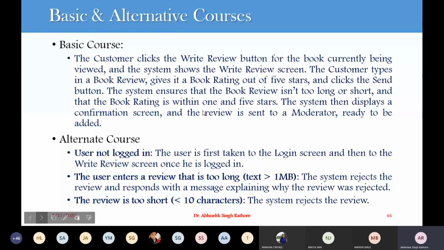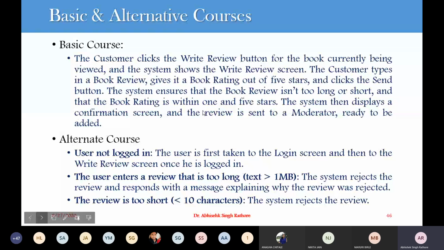So when we are developing a sequence diagram, a sequence diagram is generally developed from these basic flows, basic course or basic flow of events. So we can say that a customer clicks on the write review button. So we are having some class that generates a write review screen. Then the customer types book reviews. It displays some books to the user, then the user gives reviews.